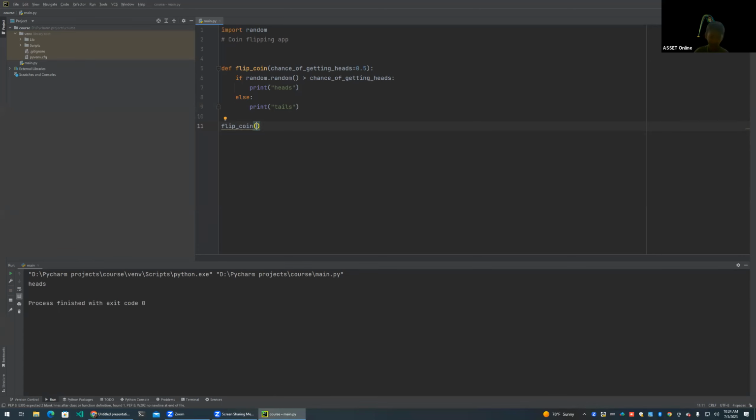So to make this a little better, instead of random.random, we're gonna use randint. Okay, and then that randint expects two numbers. So hover over it, and it's gonna show us the documentation. It expects two numbers, which is the range. The range is gonna be from 0 all the way